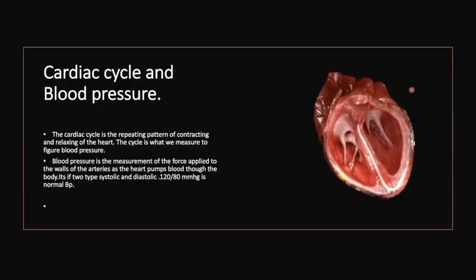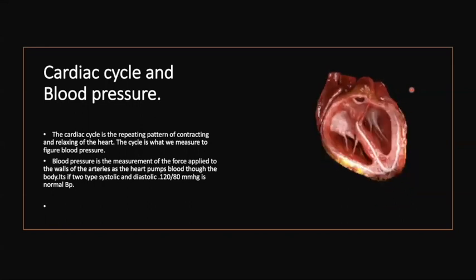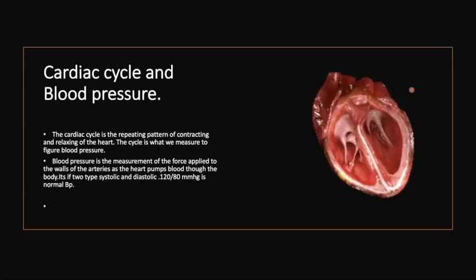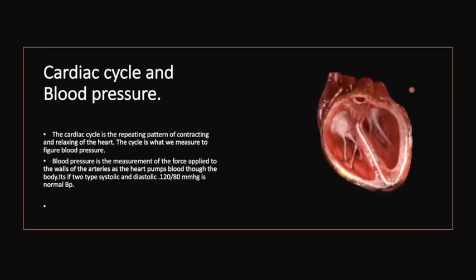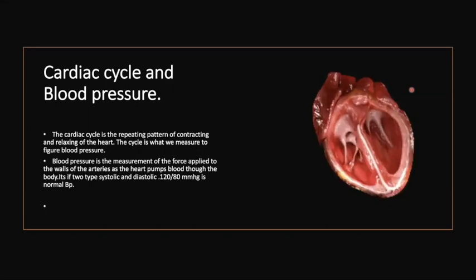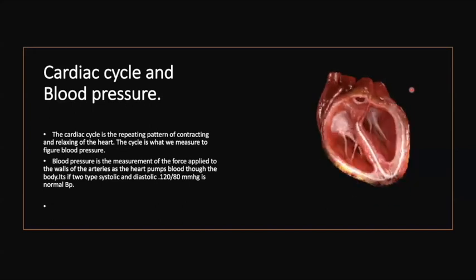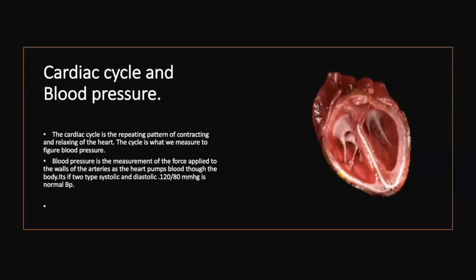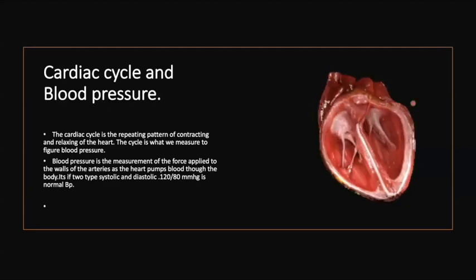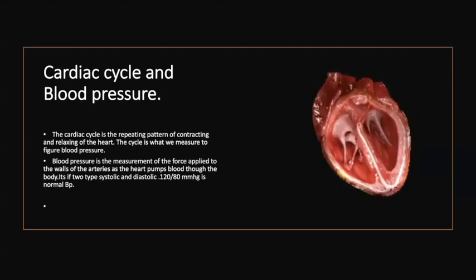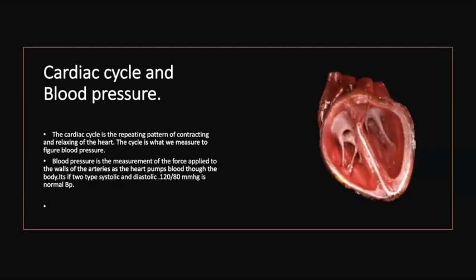So during the whole process, during the pulmonary cycle, the blood in the heart comes and then goes out, comes and goes out. When it comes, our heart expands, and when it goes away from the heart, it contracts. You can see in the figure itself that one time the heart is expanding, the other time it is contracting. So the continuous repeating pattern of contraction and expansion is known as the cardiac cycle.